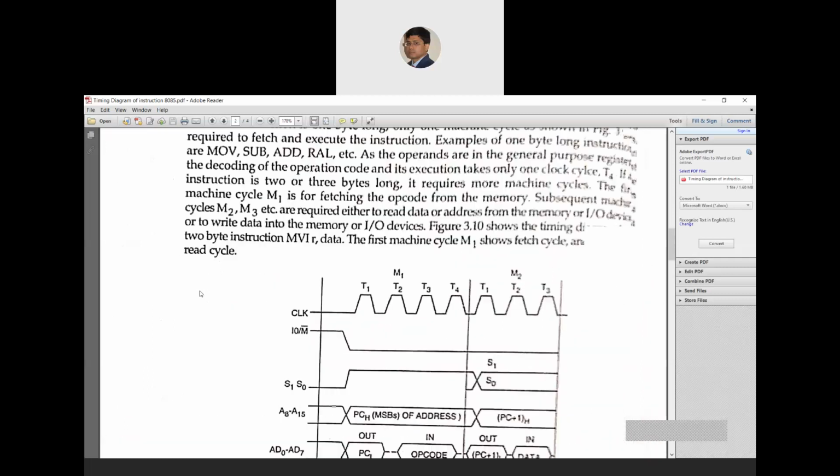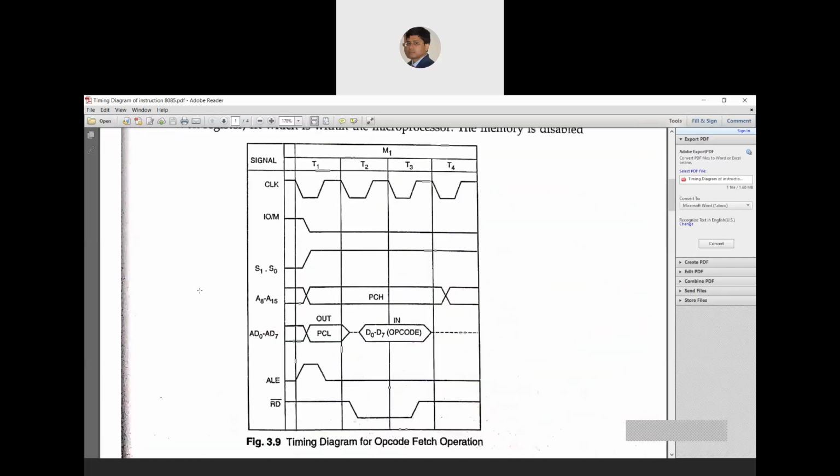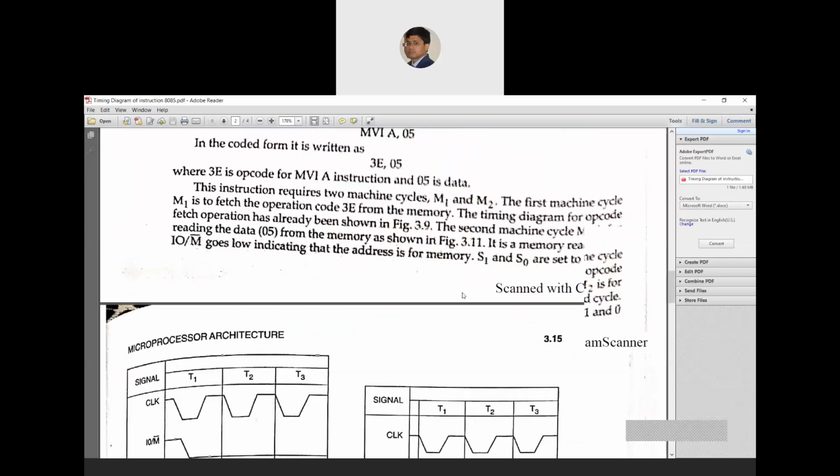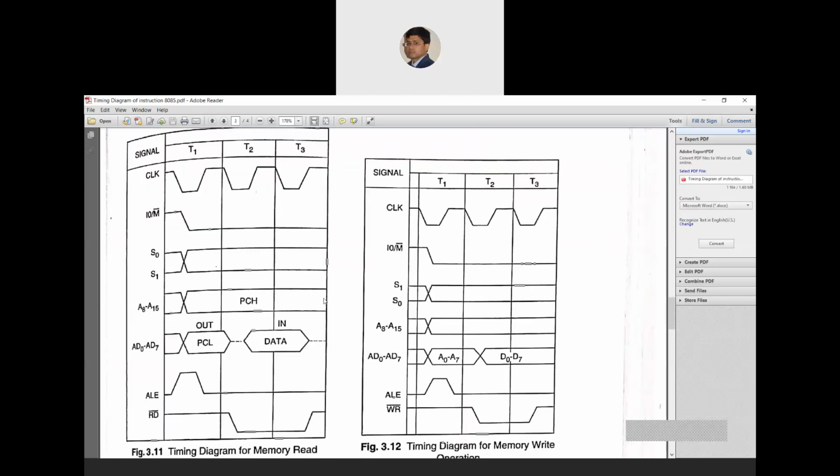Next, compare with this one. In the fetch cycle also, it is changing from the previous to a new state, right? So that part is the same, but it is also changing at the T4 state. During T4 state it is changing, so it is the same only up to T3. The same concept is also here: up to T3 it is the same, then if there is a T4 it will change, but as there is no T4 for the memory read operation, we are not concerned about that.